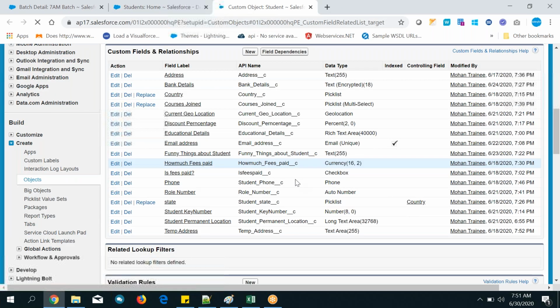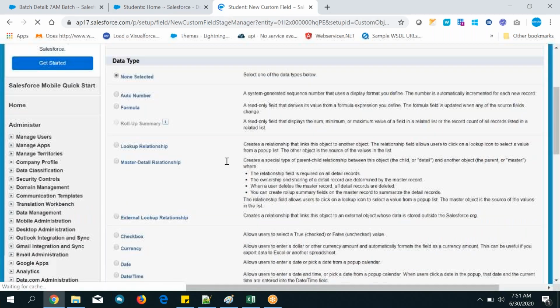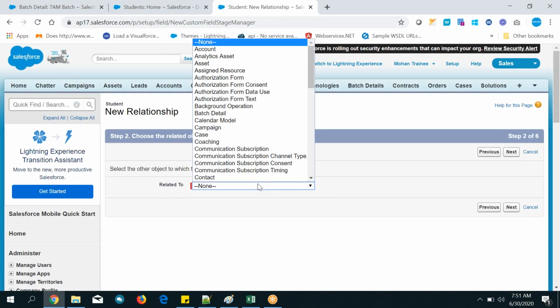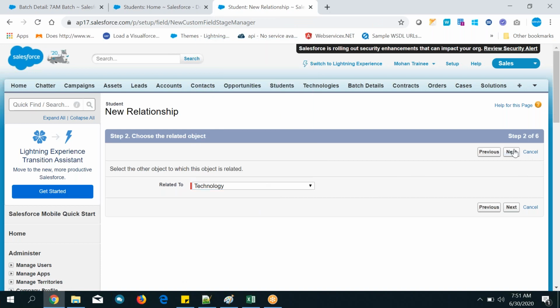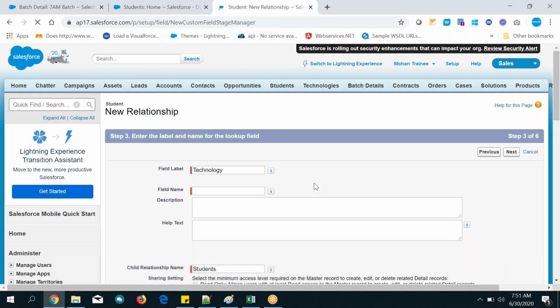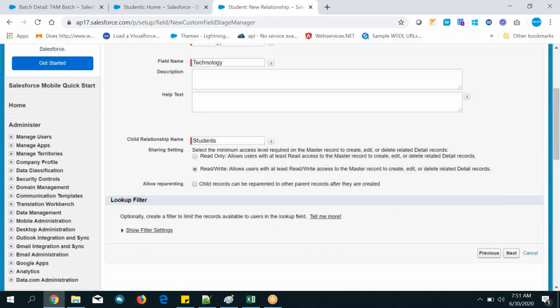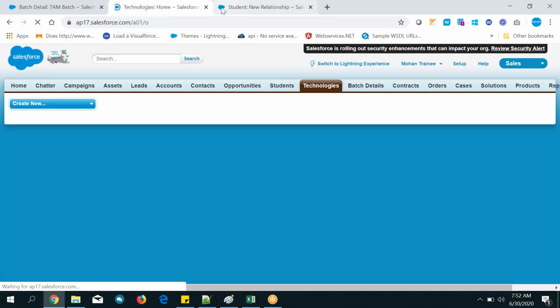So go to fields and create a custom field and select the master detail relationship field. Next. Related to what? Technology. Click on next. Can you see the child relationship name?